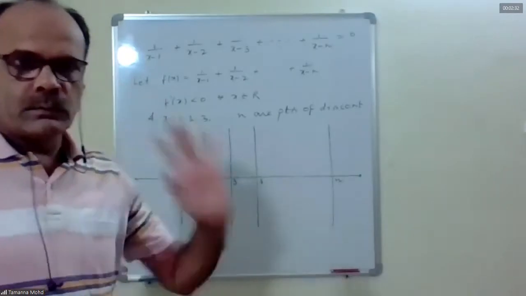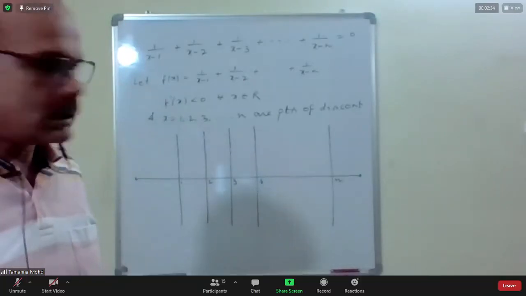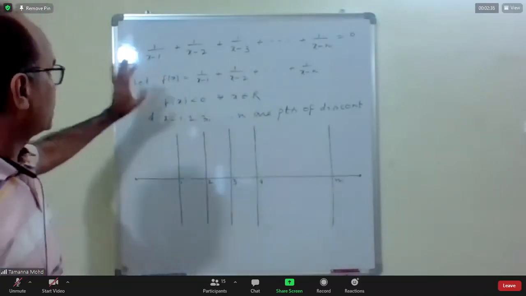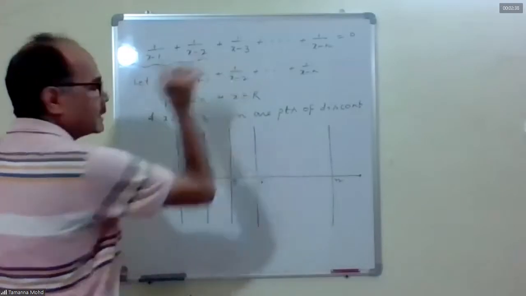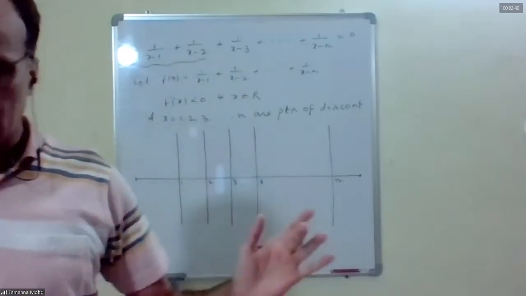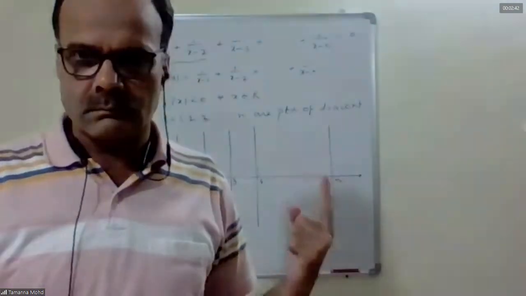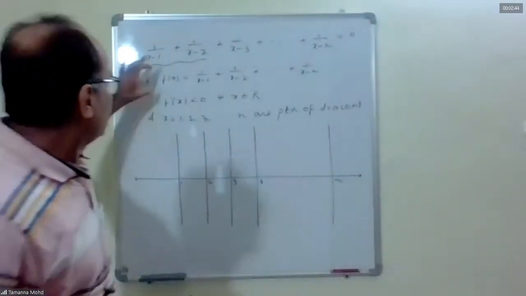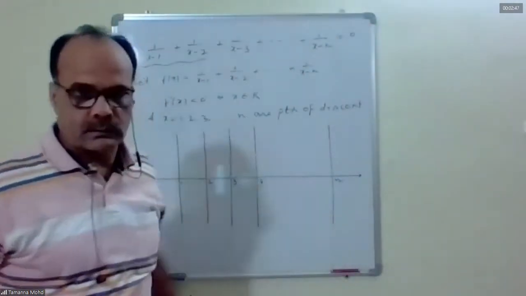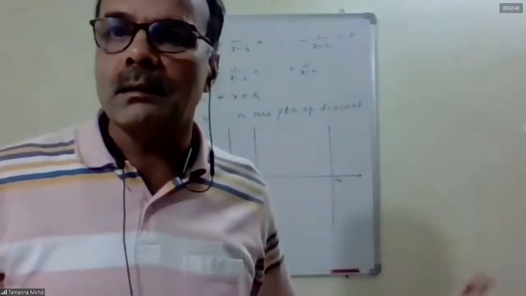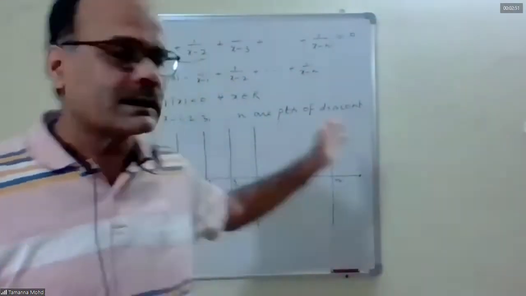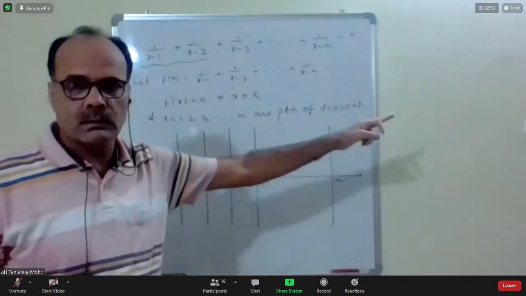Yesterday I gave you "find". It covers many things. I gave you only these two terms. Here you can simplify, you can get the LCM, one root. So suppose I give this equation. So how to find the number of real roots? Like that, they can give 3 terms, 4 terms, 5 terms.